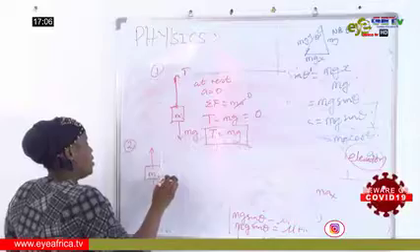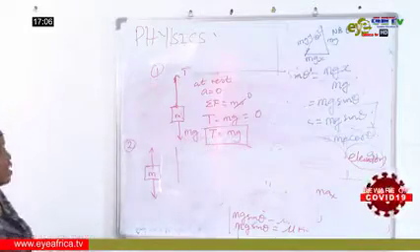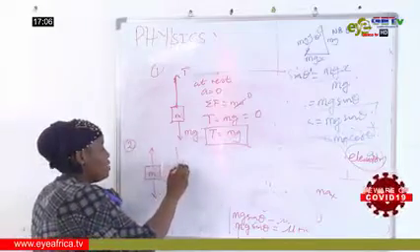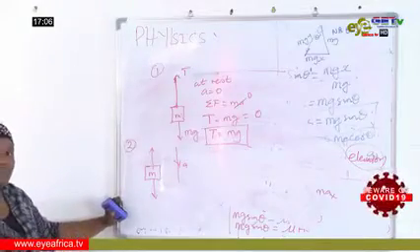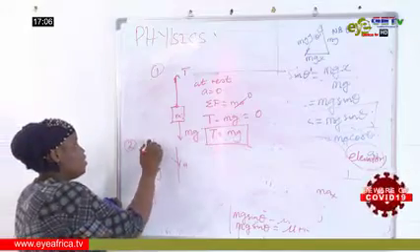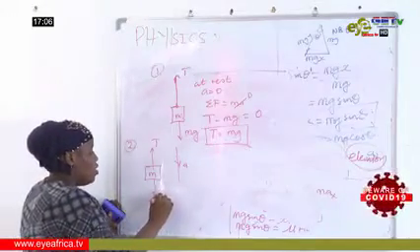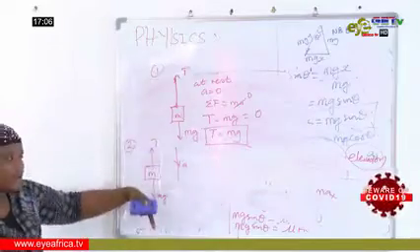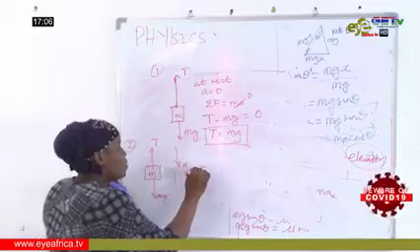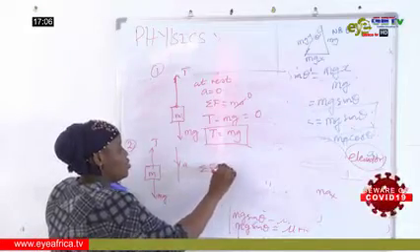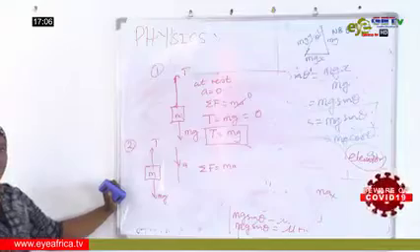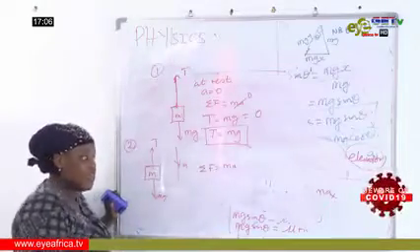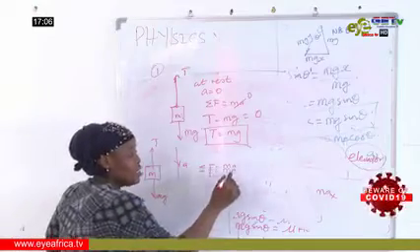But then, let's use an elevator. If the elevator is accelerating downwards, let's say, what happens to the weight of those passengers inside the elevator? This is the tension, this is the weight of the object, and then we are told the object accelerates downward. We will still use Newton's laws, which is the sum of forces is equivalent to ma. What's the direction of acceleration of this object? It is vertically downward, so it means the acceleration will be negative, because a negative number times a positive value will always be negative.